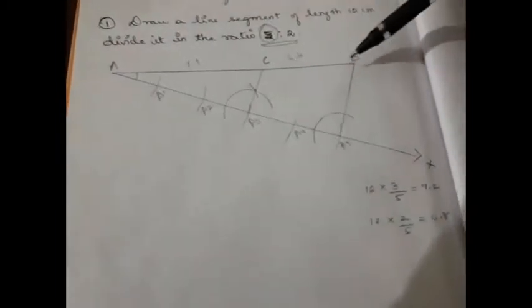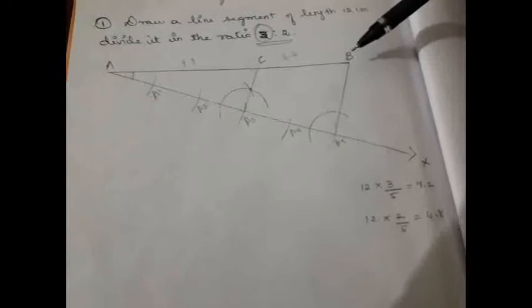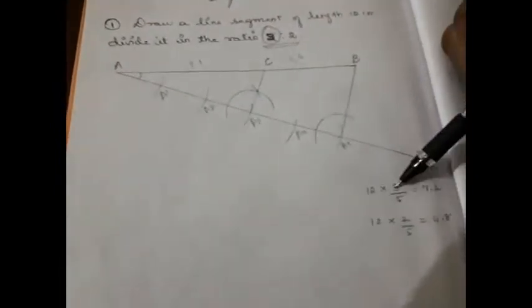If at all they ask you to measure and show the two parts, you can measure and show. How will you check? Here as we measured, we got 7.1 and 4.6. Right? There can be some slight variations. It doesn't matter. Now how will you verify this? How will you find the ratio? 3:2. So the first part should be 3/5. From where did I get this 5? Sum of these two. So 3 parts out of 5.